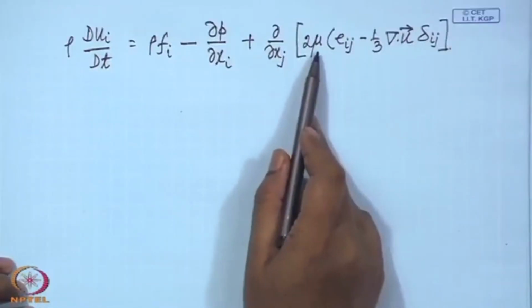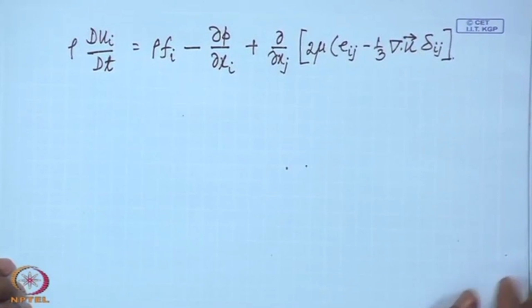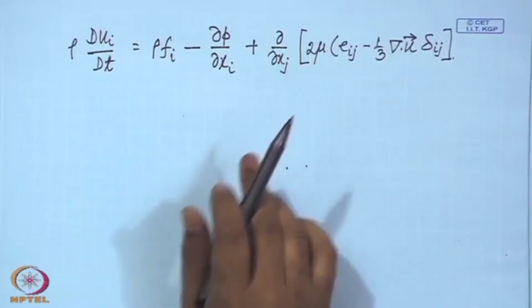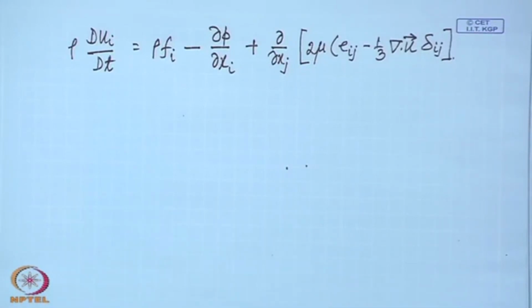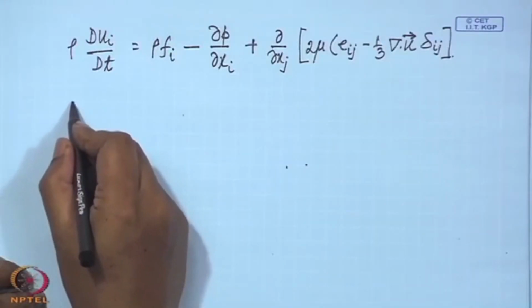There are many flow problems in real life or in practical applications where the temperature variation is really not large, or is negligible. So, in that situation, if there is practically no change in temperature, then mu can be taken as constant. So, you can write that if temperature change is negligible,